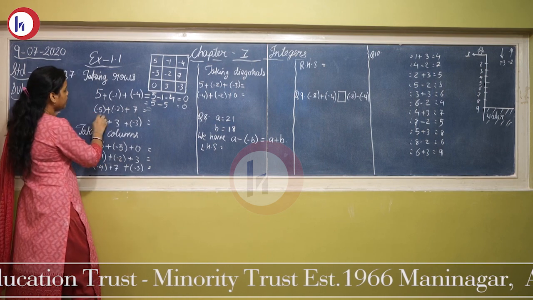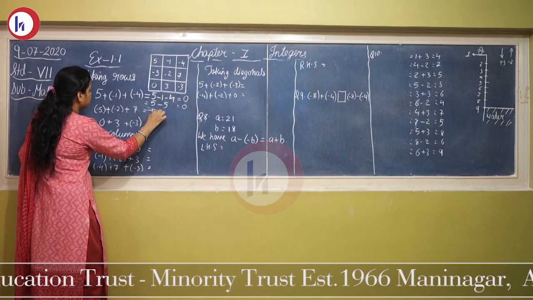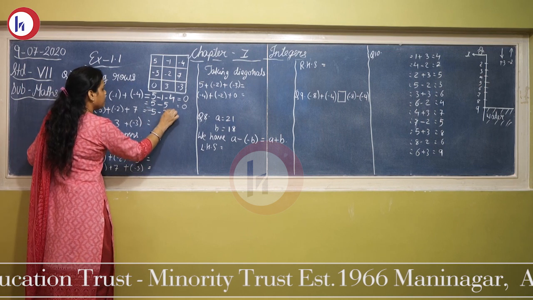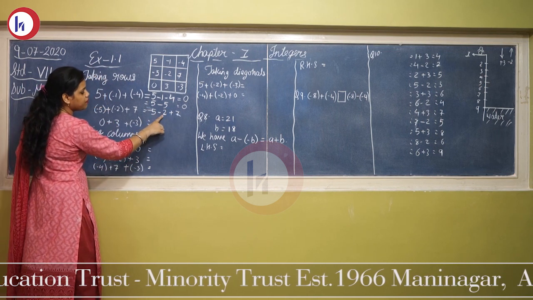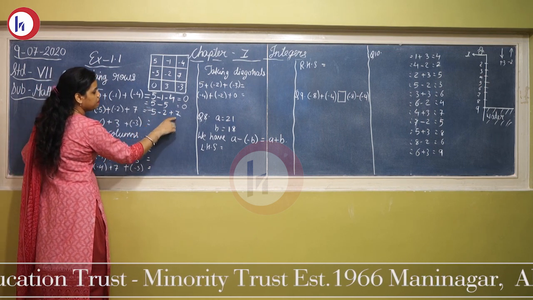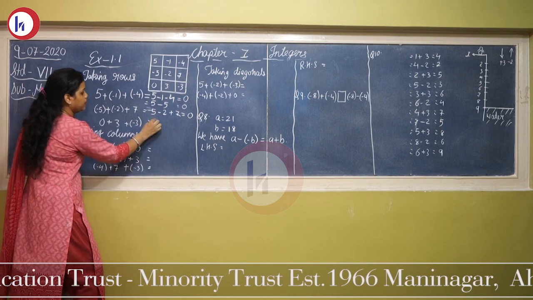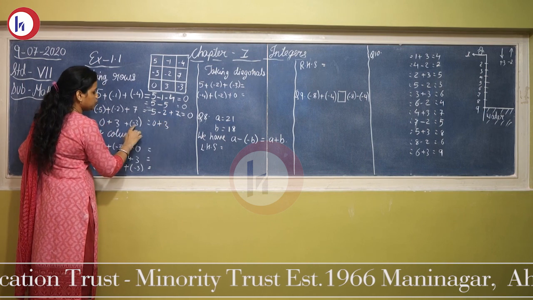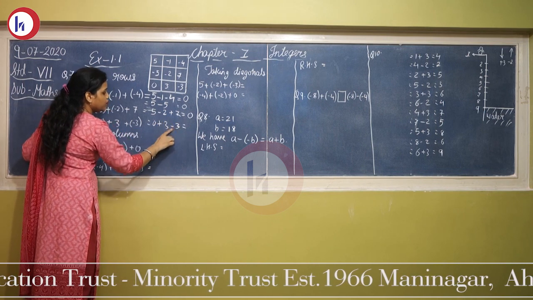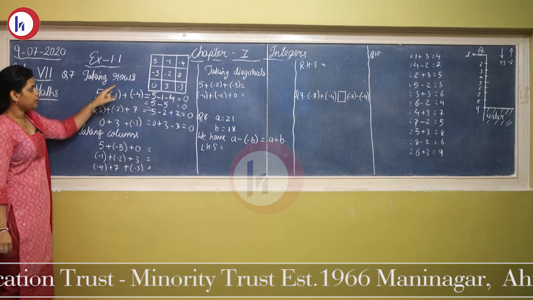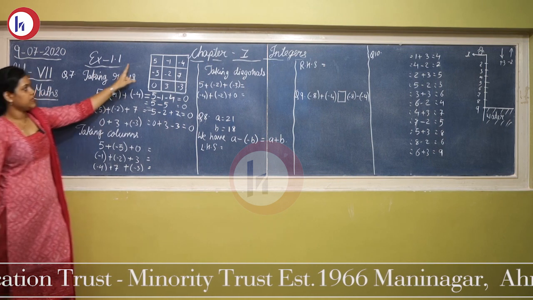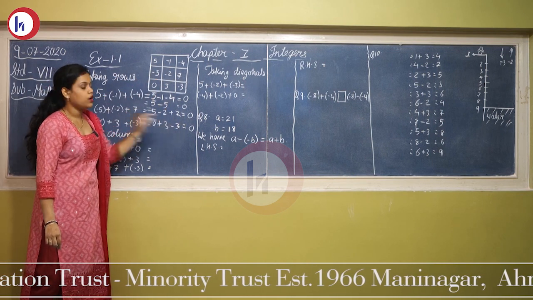For the second row again, we will open the bracket first, 5 minus 2 and this. So minus 5 minus 2 will be minus 7, minus 7 plus 7 you are going to get as 0. Third part, 0 plus 3, plus into minus, minus 3. Again you will see you will get 0. So for all three rows, that is 1, 2 and 3, you got 0.